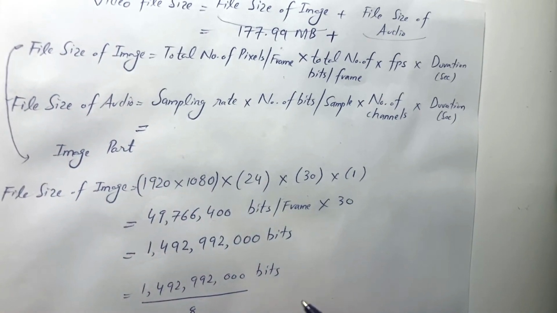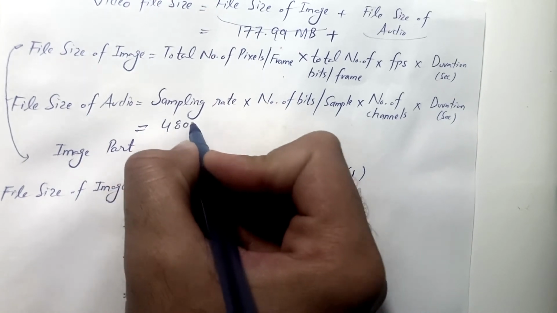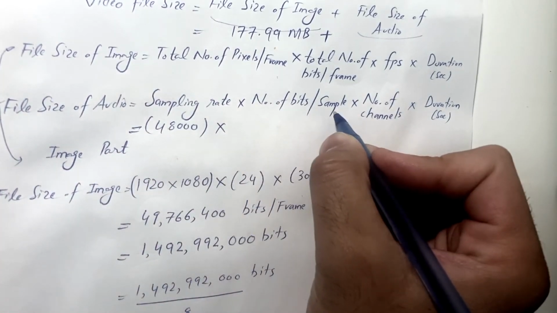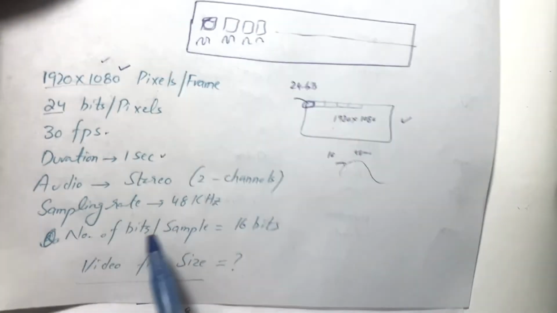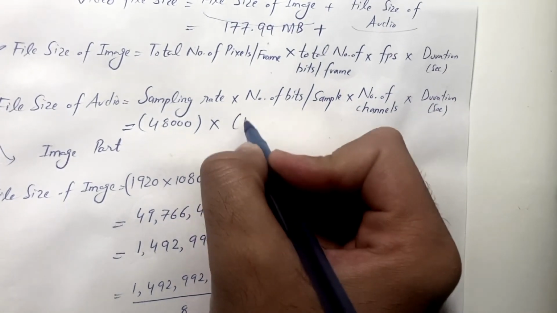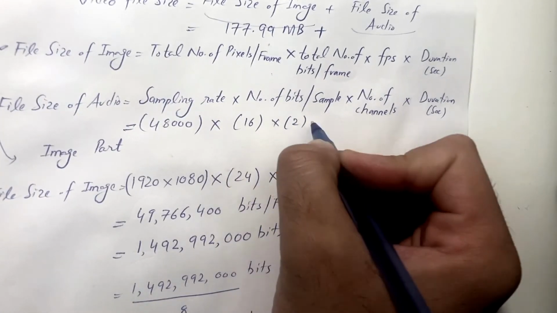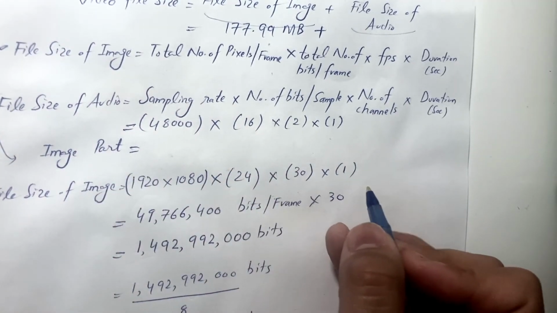Sampling rate multiplied by number of bits, which is 16. Number of channels is 2, and duration is 1 second. So if we solve this part, we will get